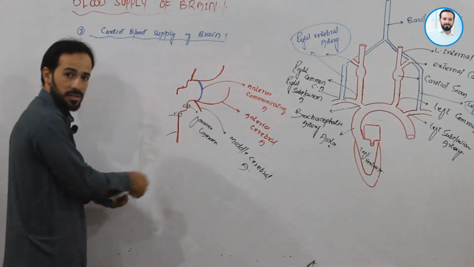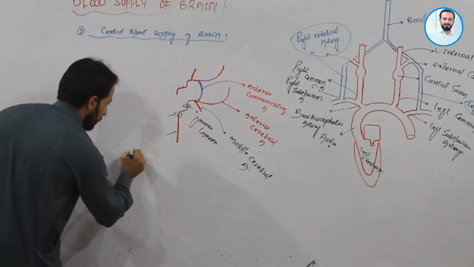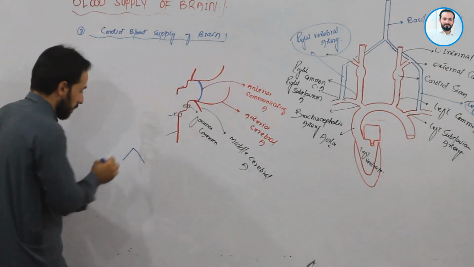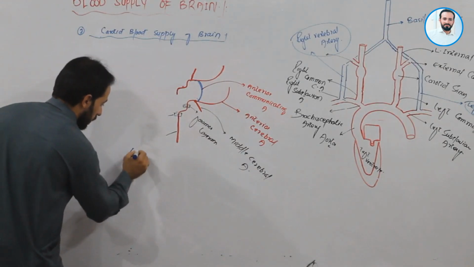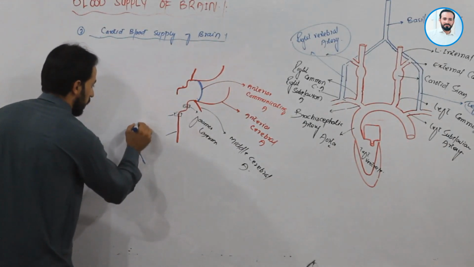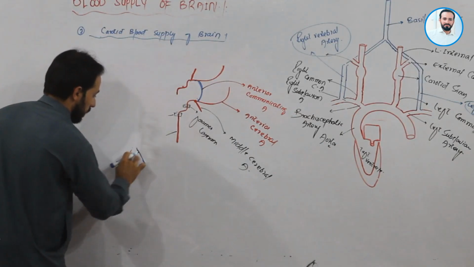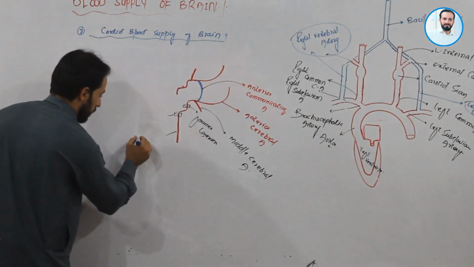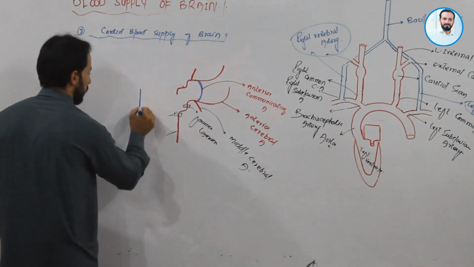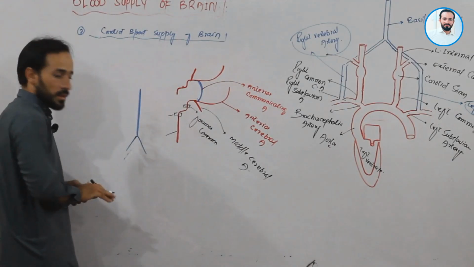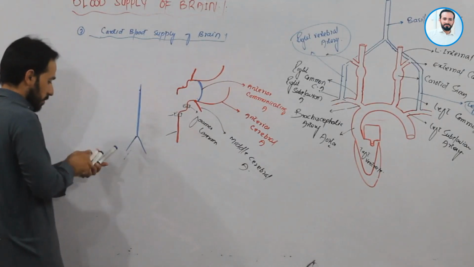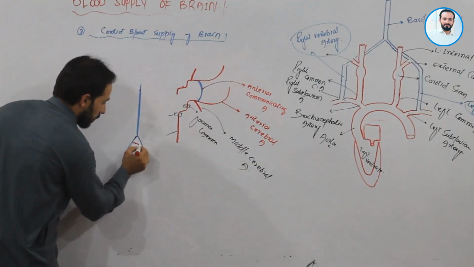Friends, from our previous diagram, we know that there were right and left vertebral arteries, clear friends, and both the vertebral arteries fused together and made the basilar artery. Now this is our basilar artery. This is the carotid system, this is the vertebro-basilar system, right? So, this was our